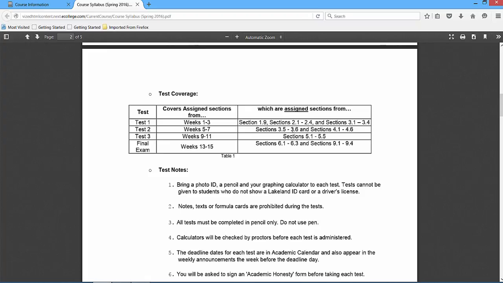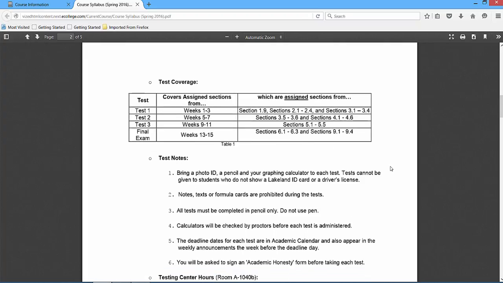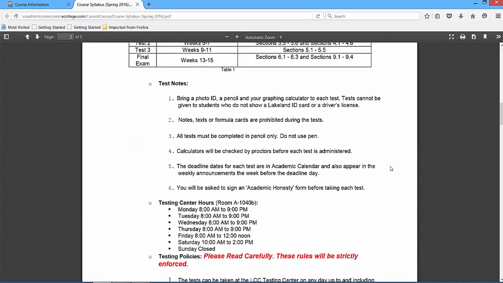exam. I have here the sections that will be on each test and the final exam. Test notes: again, it's the policy of the mathematics department at Lakeland that all tests and exams must be taken in a proctored environment. So the overwhelming majority of you will be taking your tests and the final exam in Lakeland's testing center. Make sure you check out and understand these notes